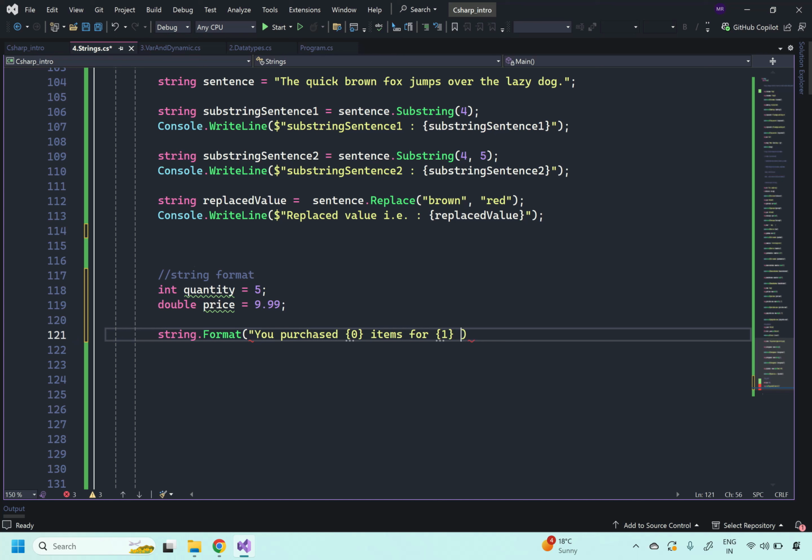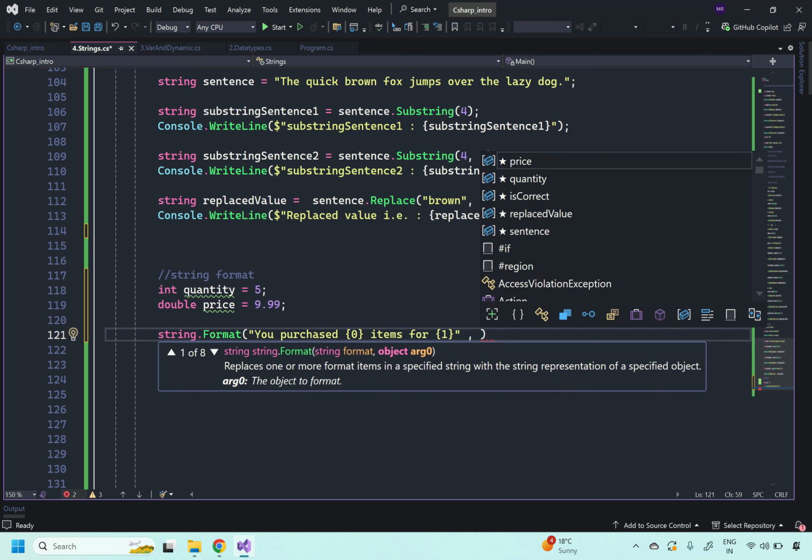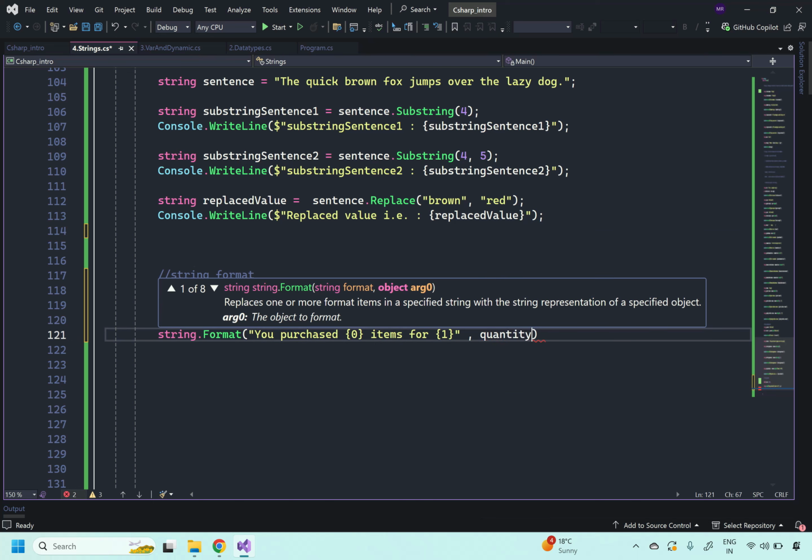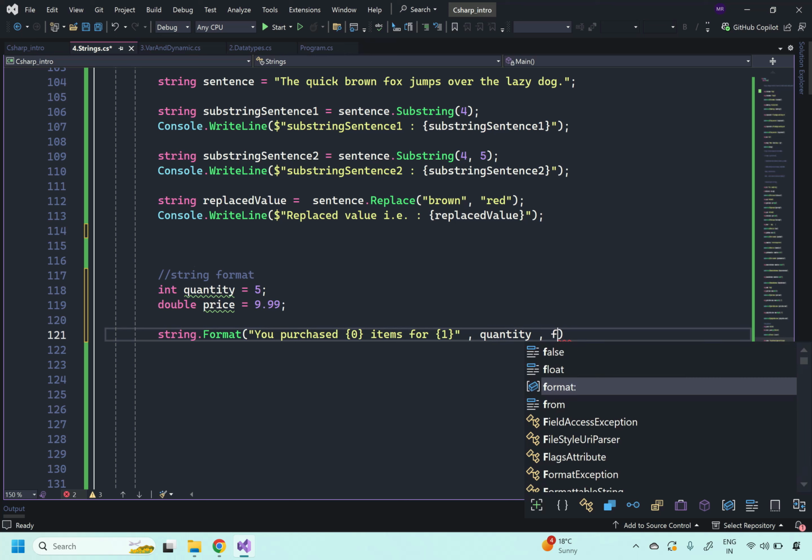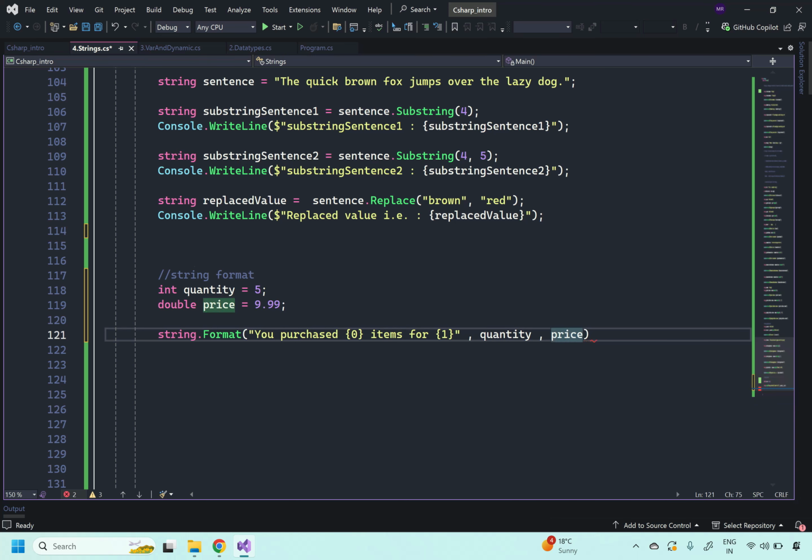Inside the curly braces, I'm putting 1. So let me close the string here, and then I'm going to take the quantity, and then the price. So what is happening here? 0 represents the quantity and 1 represents the price. So now the output will be like